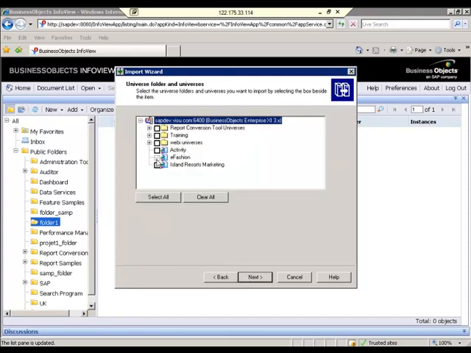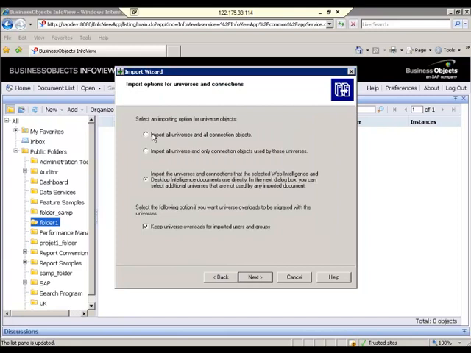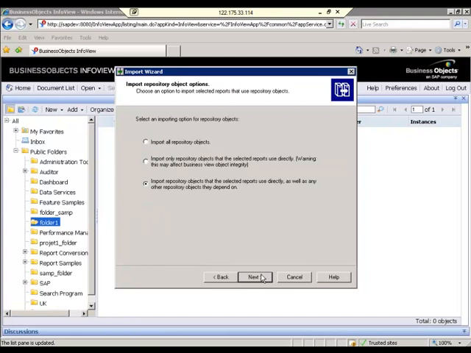So now when you see, your reports are taking data from eFashion. That's why by default eFashion is selected. Then if you want to select Activity, you can select Activity. This time, if you click next, it will import eFashion as well as the Activity universe. If you don't want Activity, please click on next. But if you select the first option, when you click next, by default it will select all the universes there in the dev.